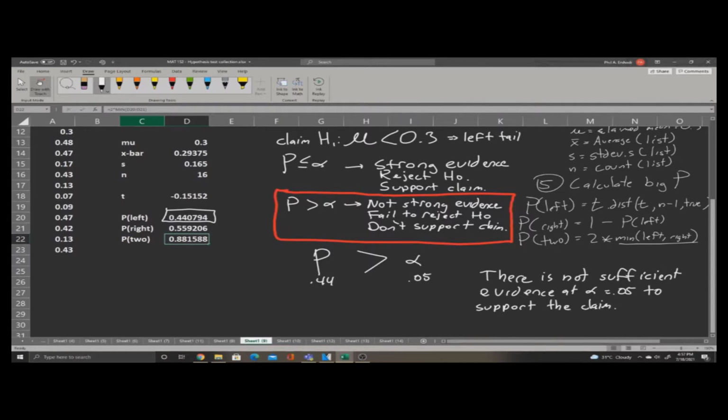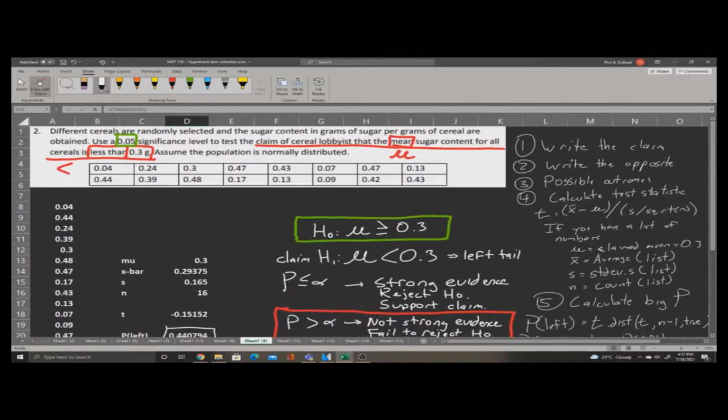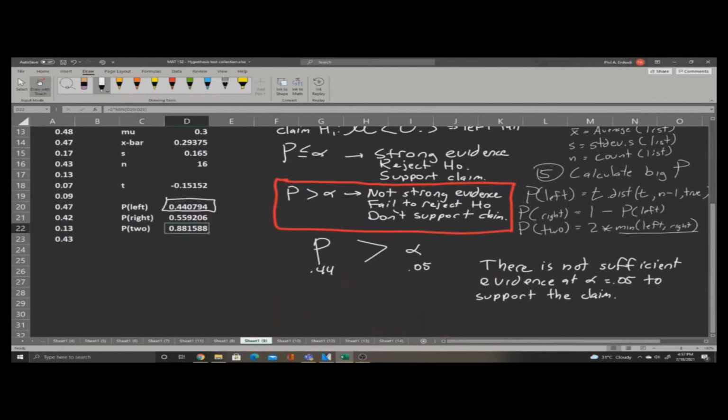It doesn't hurt at this point to reread the question one last time and make sure that you understand what the claim is. The claim that the cereal lobbyist made was that the mean sugar content is less than 0.3 grams. Let's restate that here. So we have mentioned the evidence, we've mentioned the significance level, we have decided whether to support the claim or not support the claim, and we've restated the claim itself. These are the things we need to say when drawing